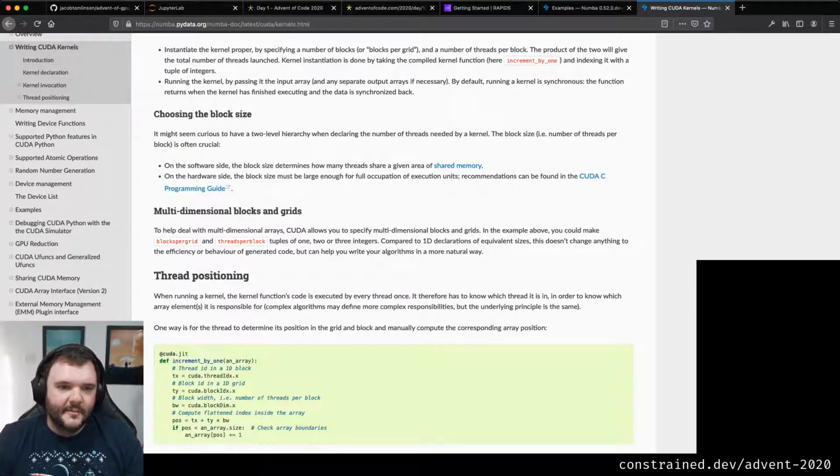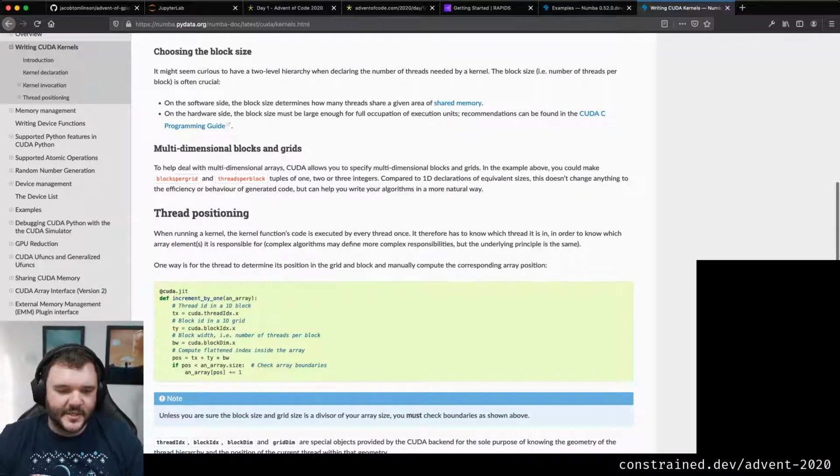So, multi-dimensional blocks and grids. I'm going to keep reading this documentation because I think this is useful. To help deal with multi-dimensional arrays, CUDA allows you to specify multi-dimensional blocks and grids, which is what I was saying before. In the example above, you can make blocks per grid and threads per block tuples of 1, 2, or 3 integers. This is how you specify that you want a 1, 2, or 3D block and grid.